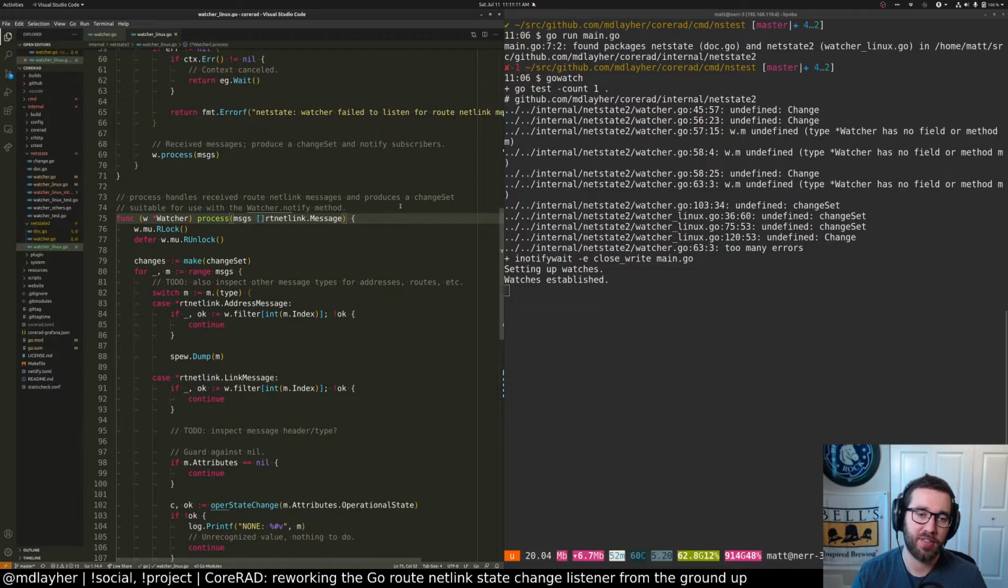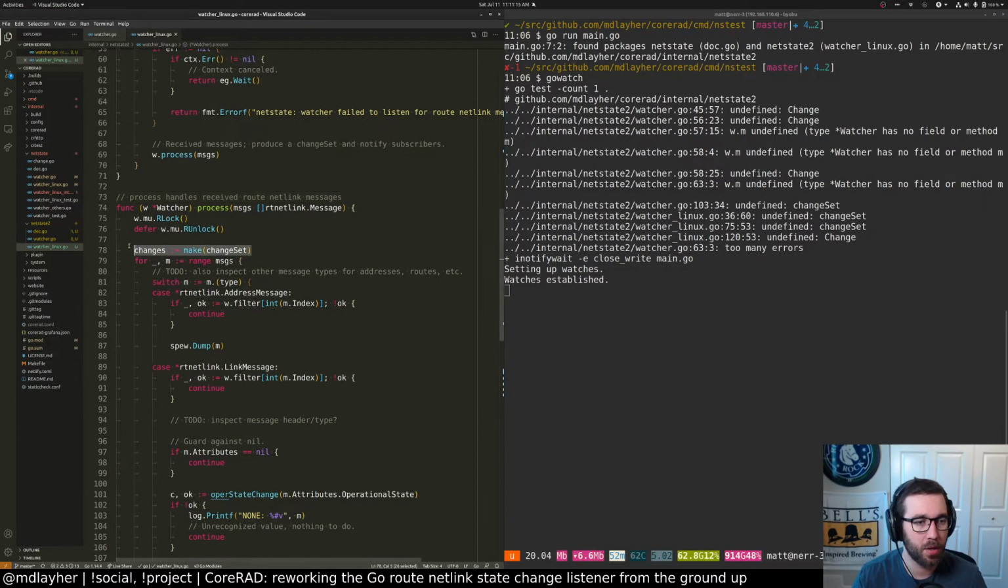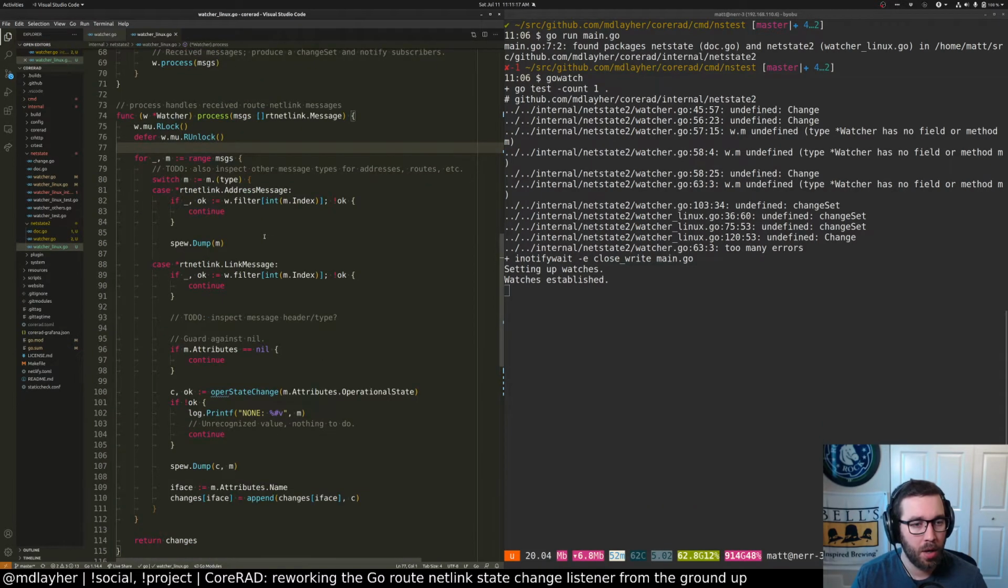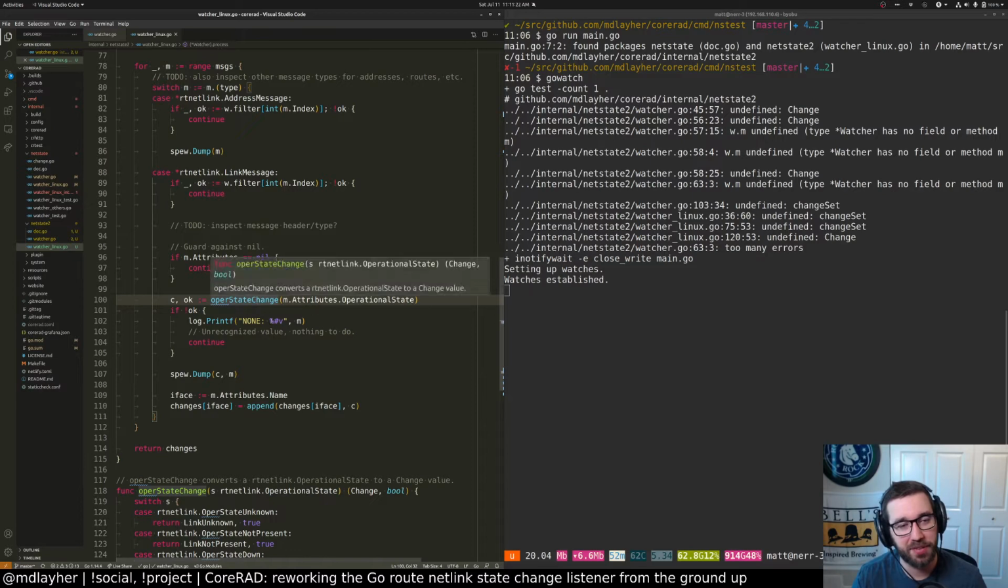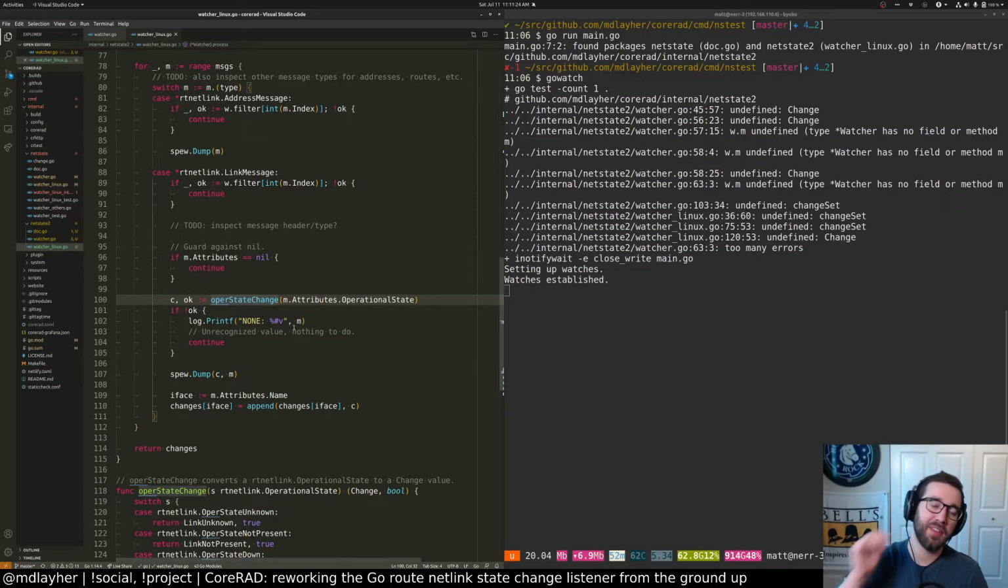So maybe not a change set. I think some of this is going to go away. Basically where I was at, I still don't know if we're going to want this or not. This is tricky. The problem here is that we need to find out together what exactly